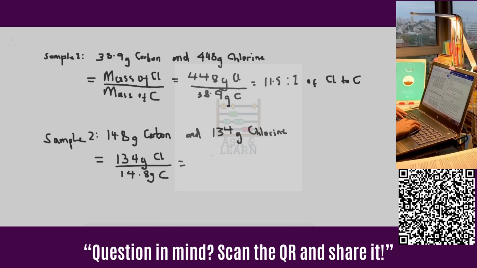This gives us approximately 9.05, which means that we have 9.05 times more chlorine than we do of carbon. So the ratio is 9.05 is to 1 of chlorine